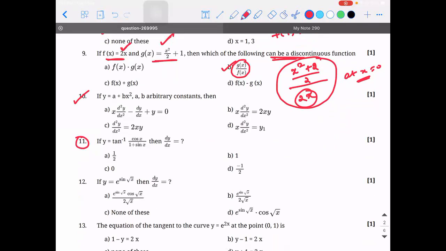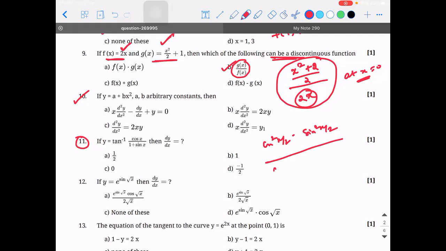So cos x, what can we do? 1 plus sin x. I can write it as cos square x by 2 minus sin square x by 2. Yes, you will have x by 2. Be careful. Whatever you told is right. You can write it as cos square x by 2 minus sin square x by 2 divided by